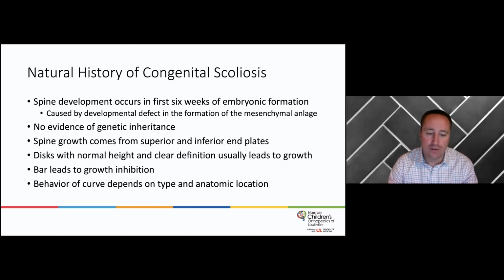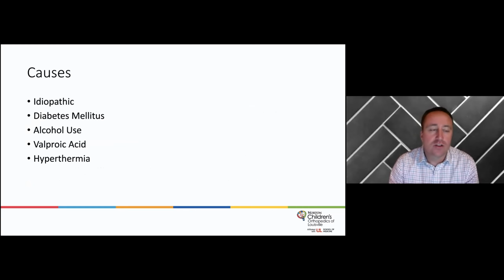And then the behavior of the curve. Whether the curve is going to get worse or not depends on where the curve is and what type of congenital scoliosis the patient has. The causes are usually idiopathic. That's usually the most common cause, but it can be caused by diabetes, alcohol use, seizure medicines like valproic acid,